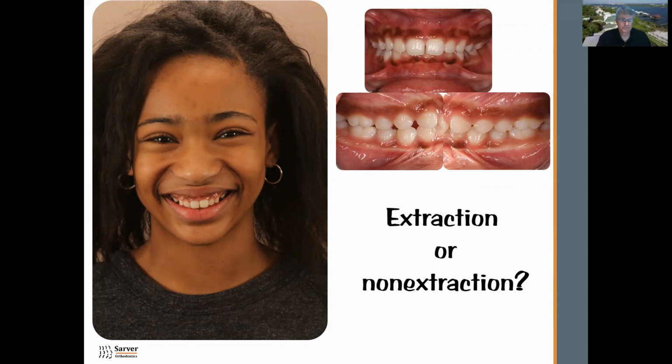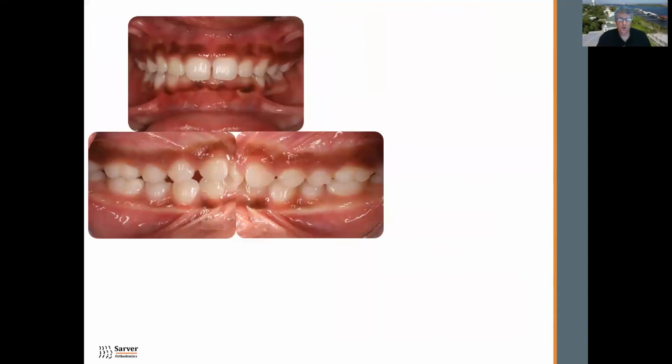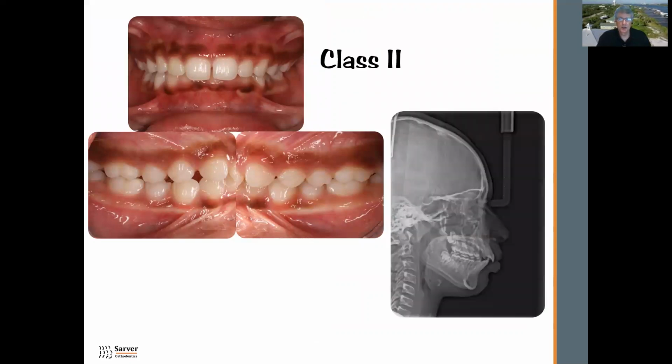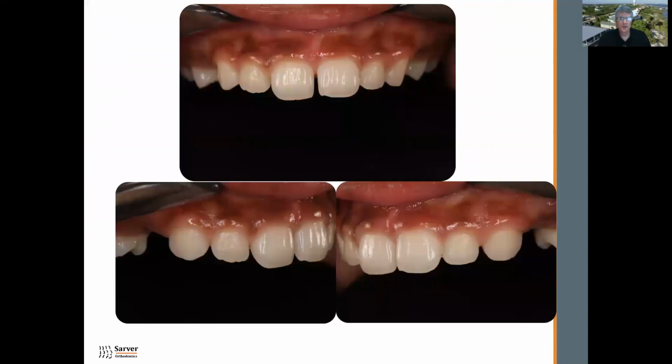So fundamental decision, is she an extraction or non-extraction case? She has a class 2 malocclusion. Her cephalometric numbers may be of great impact to someone. But the important part here is that when we probe periodontally,